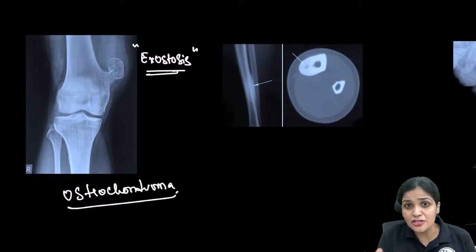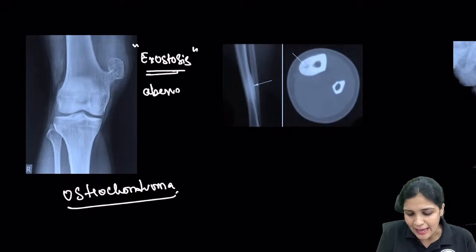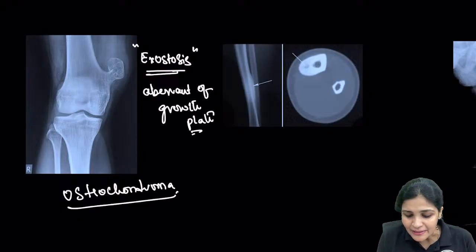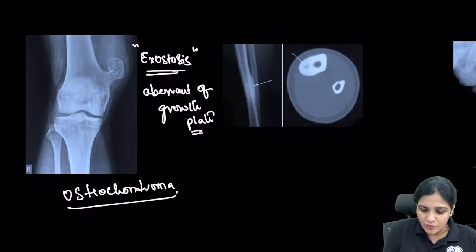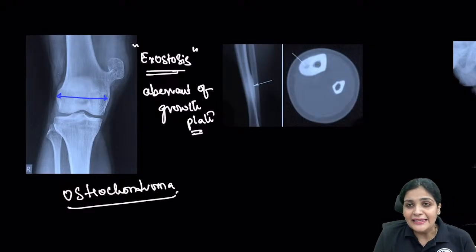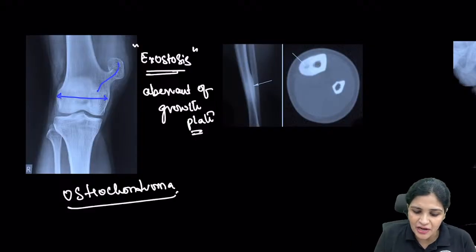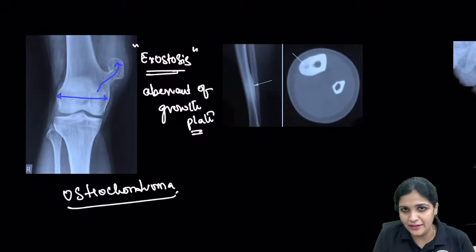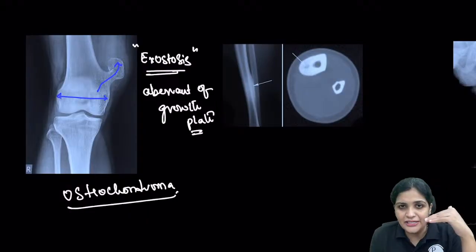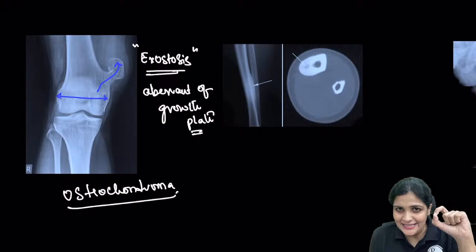This is not an original tumor. We say this is an aberrant of the growth plate. What does that mean? That means there is some disturbance in the growth plate. So this is the epiphysis, you have the growth plate, and there will be some disturbance in the growth plate. Hence, there will be an extra growth which is away from the joint, right? And as soon as the person completes the growth phase, usually it ceases,